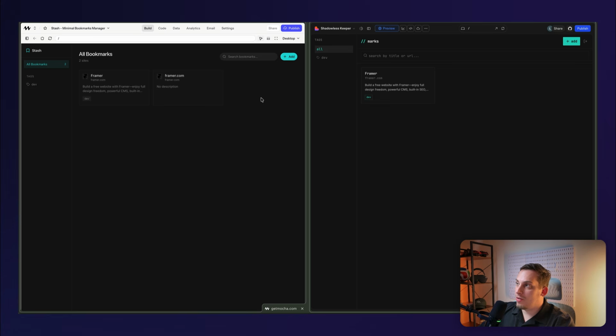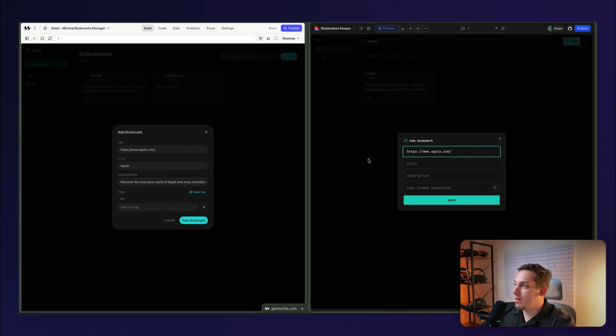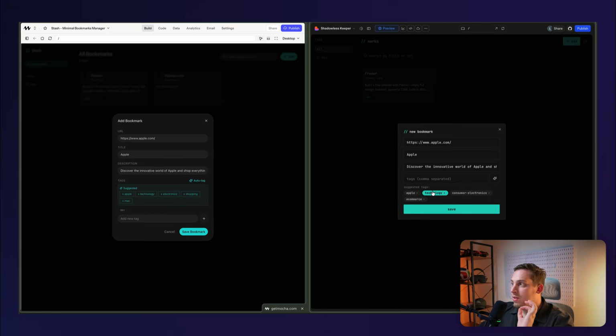All right, now I'm going to start adding a new link to both of these. So over here, going to click on add. Over here, going to click on add as well. And we both get this generated. Perfect. Let's click on auto tag. And they're both using Google Gemini API key. So they're pretty much giving us very similar results. This one is actually giving me more tags. I'm going to click on technology over here,